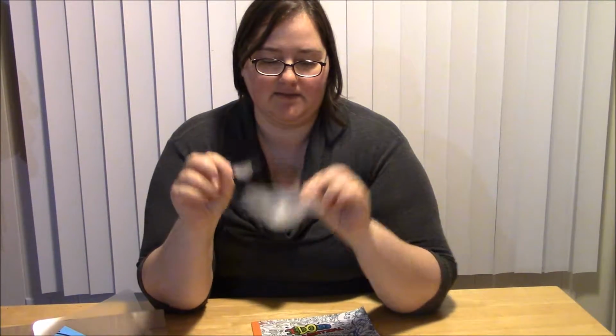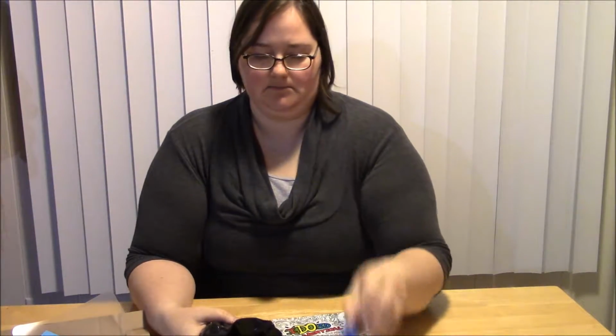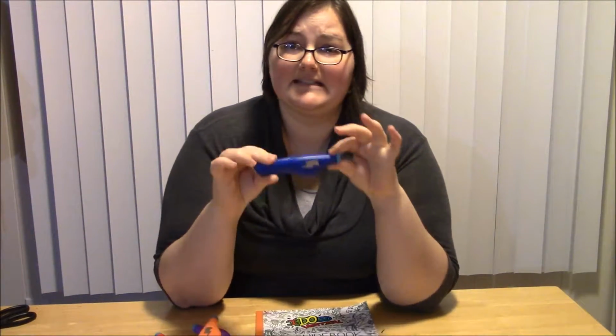There's a couple of molds here. I hadn't really ever thought of doing something like that, so we'll have to experiment. This is your little baggie of tips. And then here is your light. All right, so first impression, it does come with these 5 little guys, but this is definitely different than other